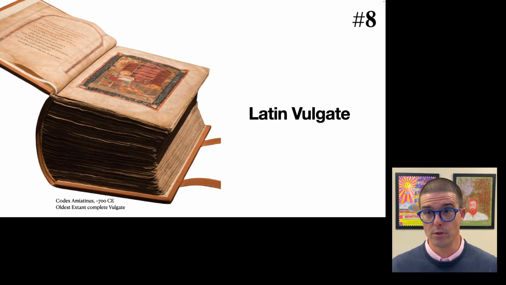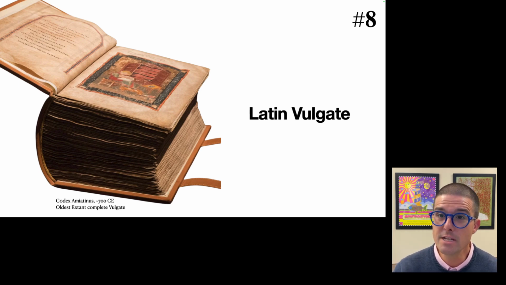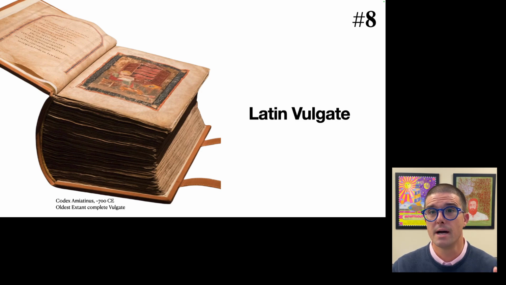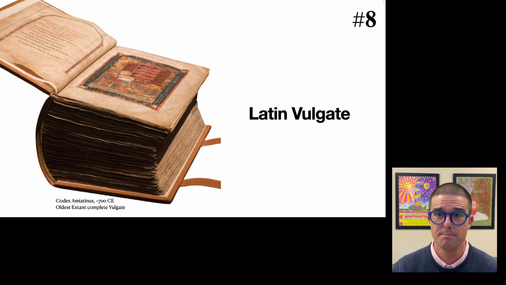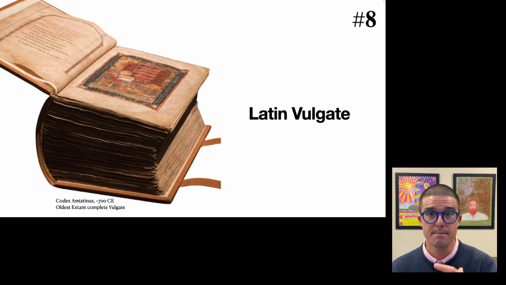Whether or not it was collected into one volume at this point is somewhat contentious, but eventually what would become the Latin Vulgate, largely based on Jerome's Latin translation, would become bound in one single volume. So we start to see in the 4th, 5th, 6th century all of the books of the Bible coming together, being understood to exist as a canon in that period, and in that period and following, being bound together.